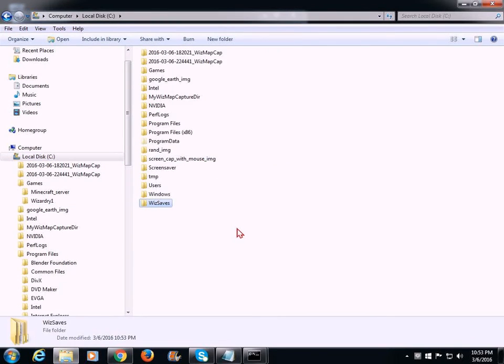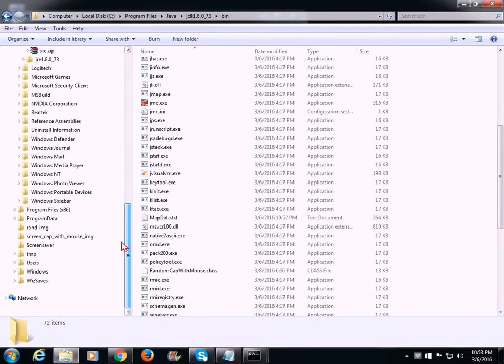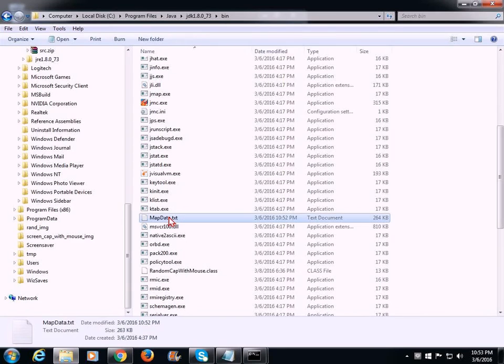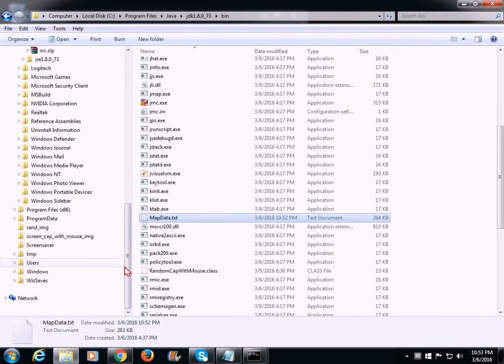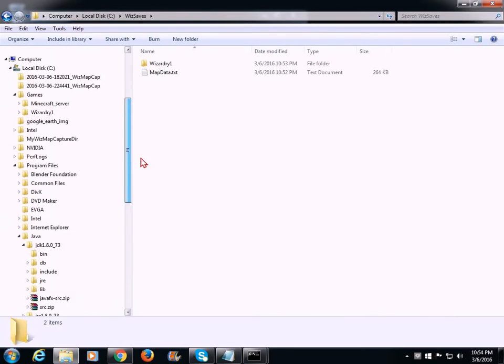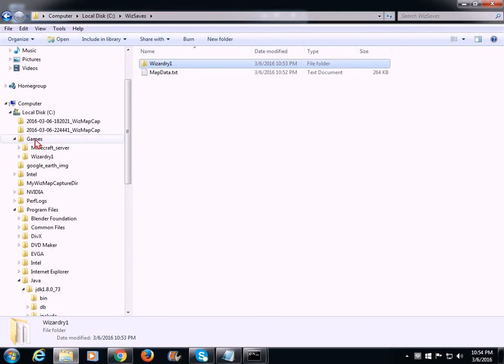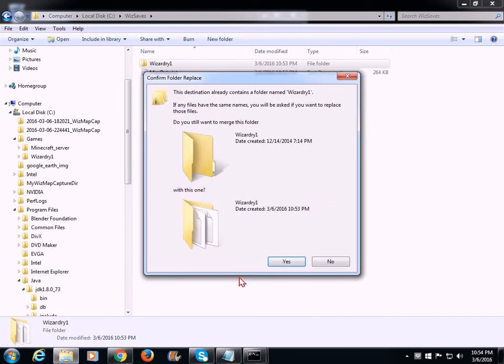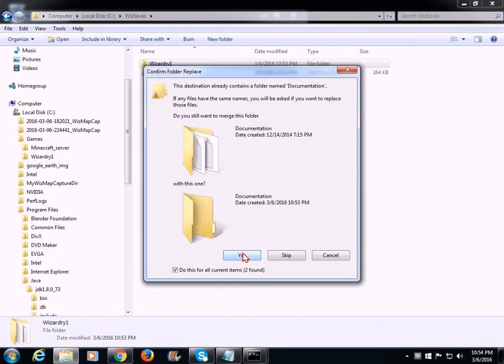Now, if you back up your Wizardry files, I recommend that you also go into the binary directory of your Java Development Kit directory tree and get the mapdata.txt file and copy and paste it. Don't move it. It needs to be in that directory. Copy and paste it to wherever you back up your Wizardry files. Now, when you restore your Wizardry files, when you move that backup back to where you play Wizardry, back into that directory structure, so that you can restore Wizardry to a previous game save state,